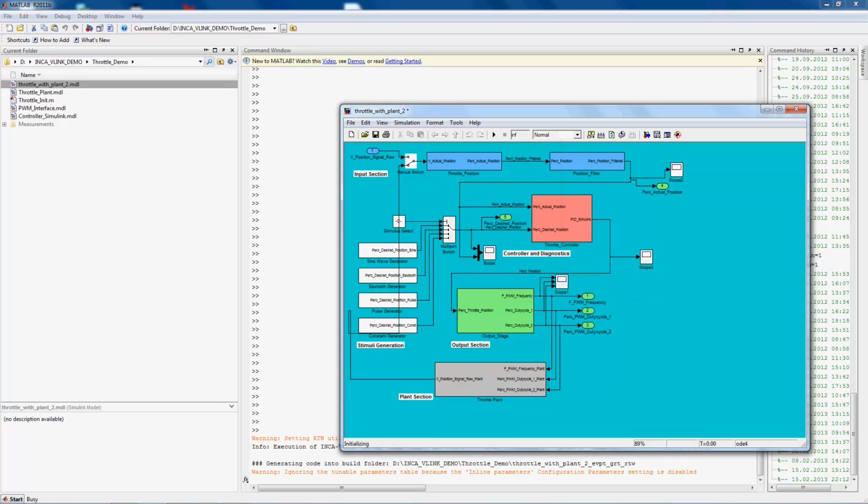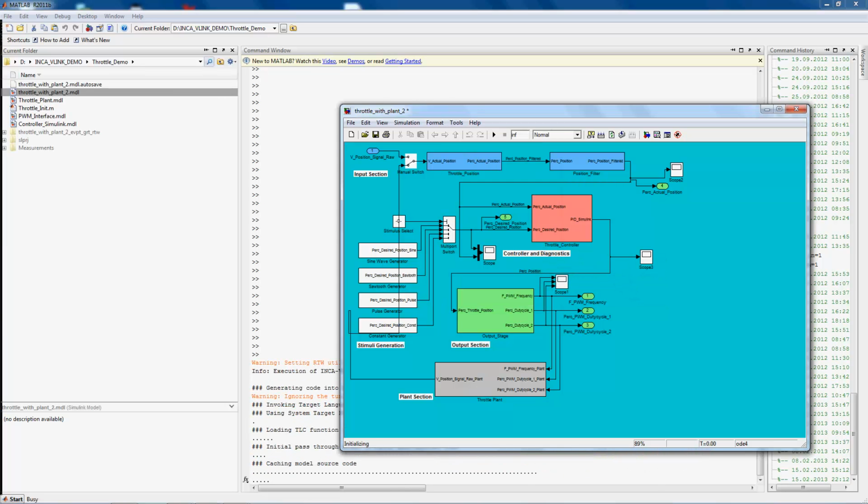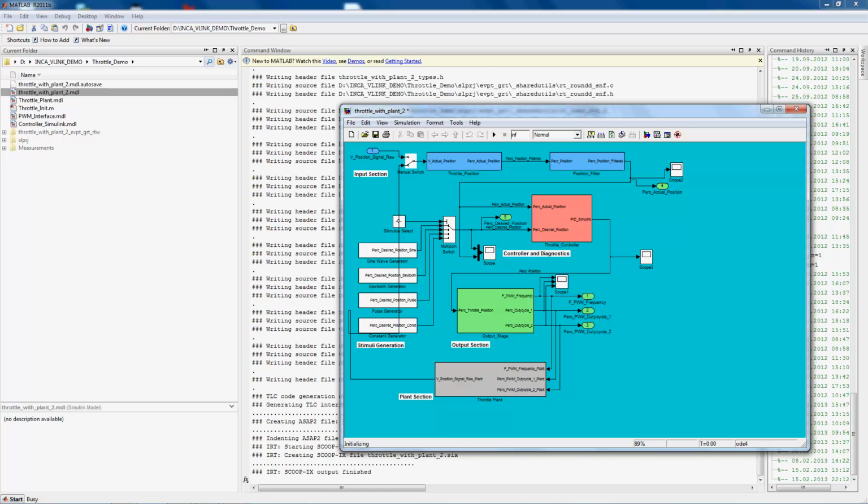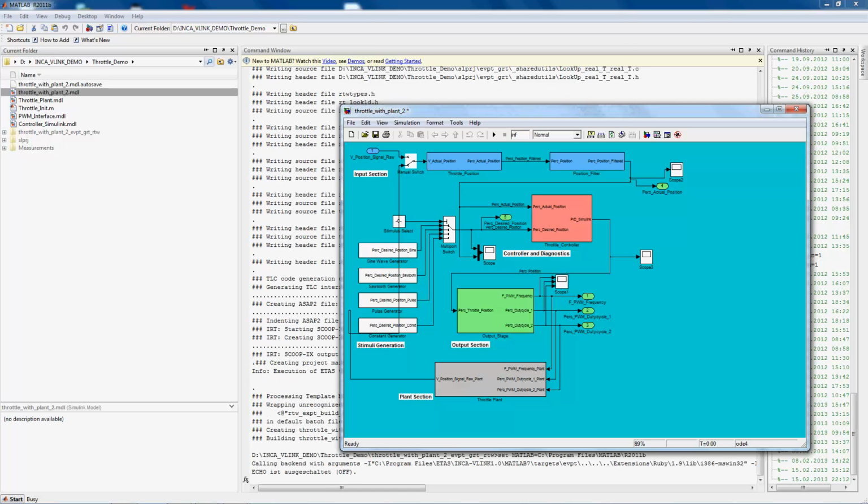Once all desired features are added to the model, it is simply required to start the code generation.